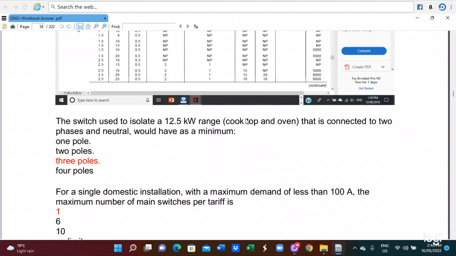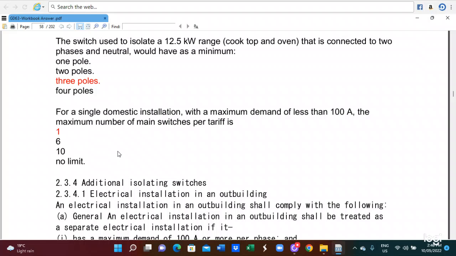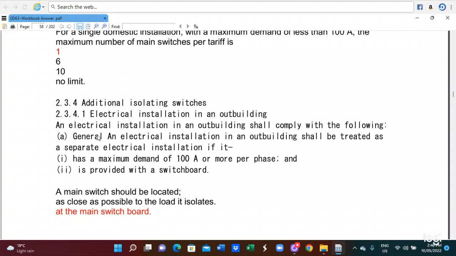And also, the switch used to isolate the 12.5 kilowatt range cooktop oven that is connected to two phases and the neutral will have a minimum of 3 poles. For a single domestic installation, maximum demand less than 100 ampere, the maximum number of main switches per installation is 1. In this case, you also refer to AS3000 2.3.4 additional isolation switch, 2.3.4.1 electrical installation in